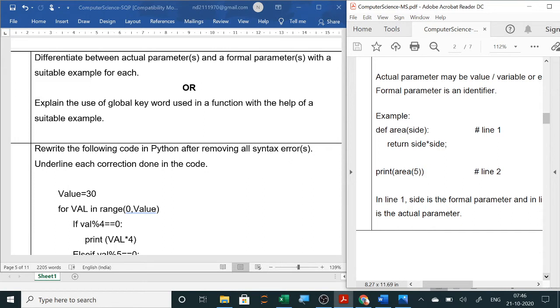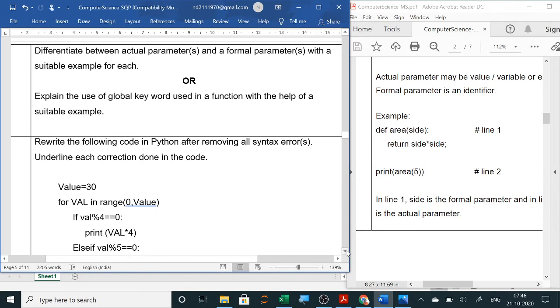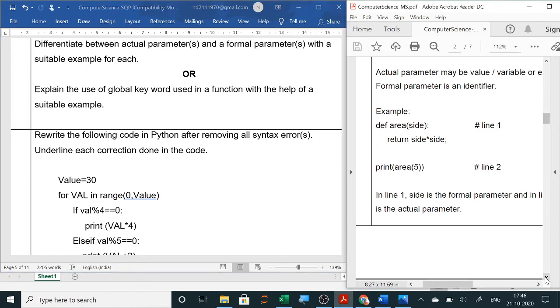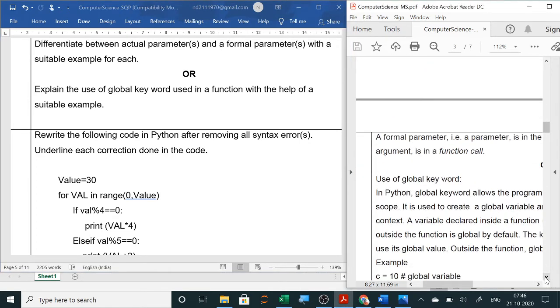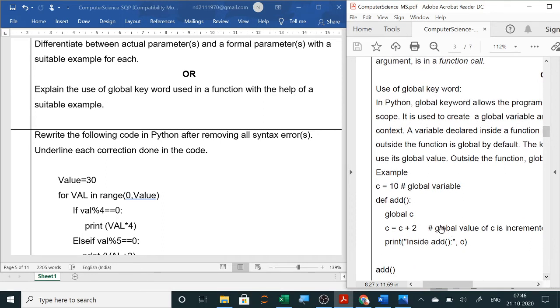Now the next one is, explain the use of global keyword used in a function with the help of a suitable example. Now global keyword, once we use it, that variable will become global, and inside the function or outside the function, that value will remain. So when we use any global keyword, like here, if I write here global C, now the value of this will be used.